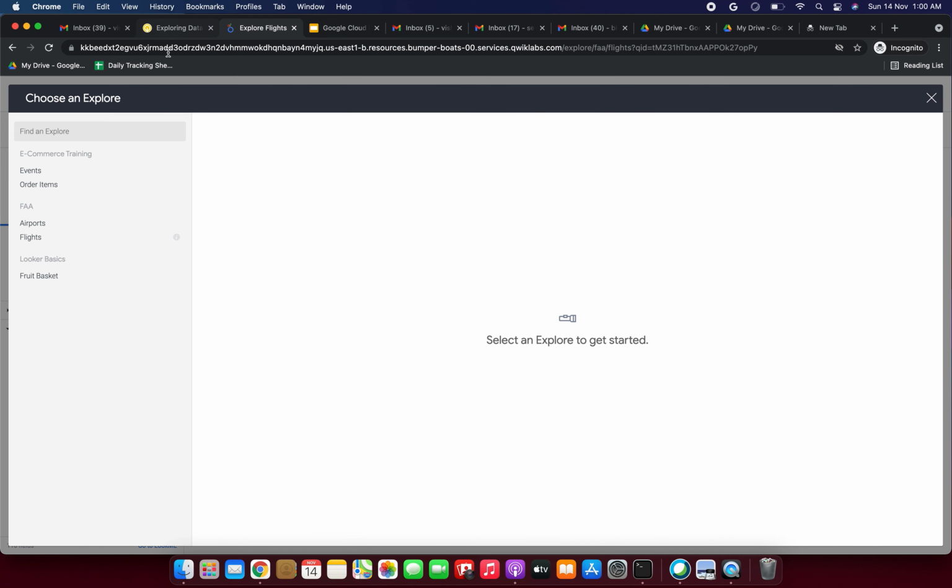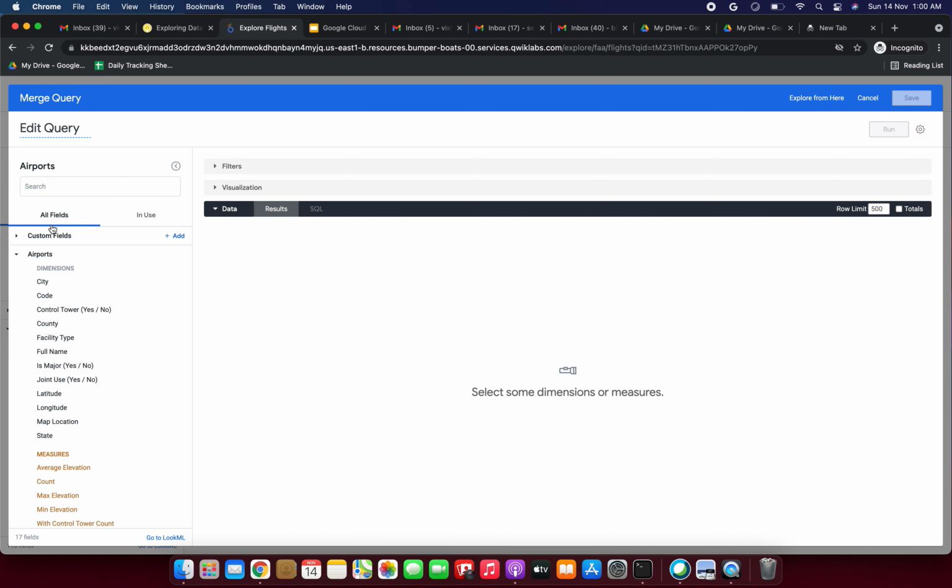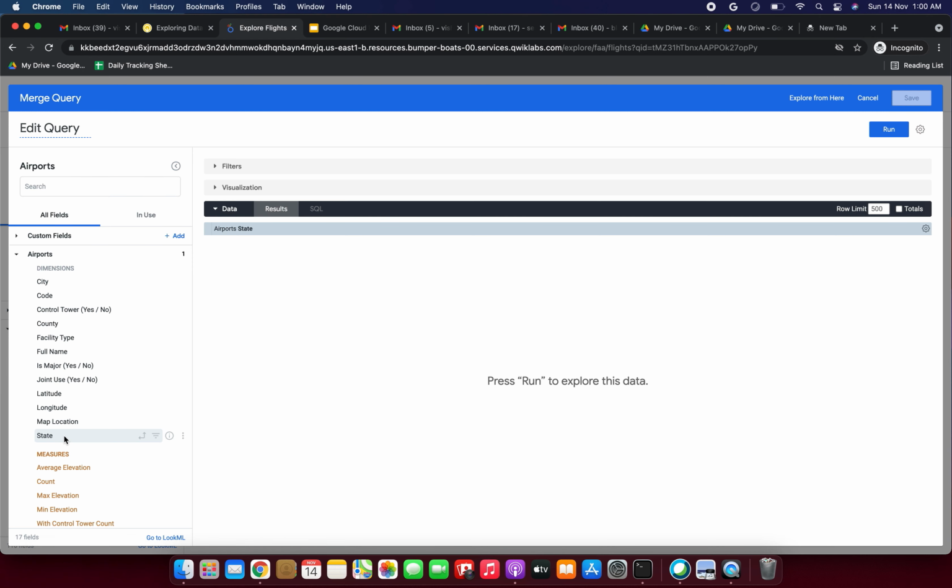Now next step we need to go to this one, and here we need to select the airports directly. Okay, now we need to select a few under the airports. So what are those? We need to select airport state, and next one is airport city, next one is airport code. We need to select under the airport data sets, and next we need to select a few things.